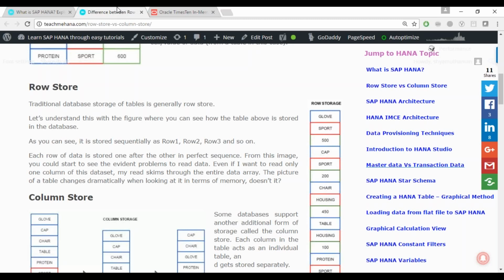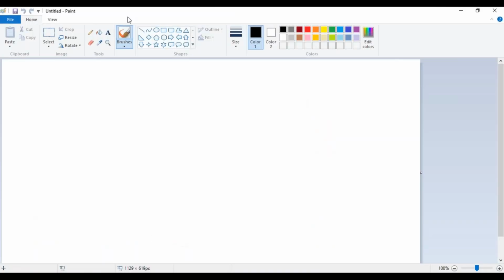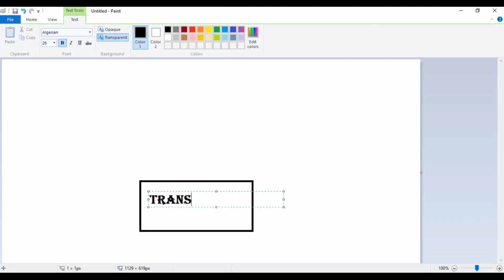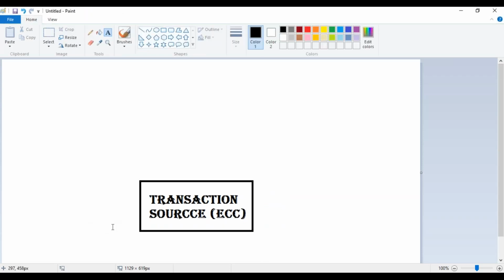Now SAP is coming up with scenarios where, in the traditional structure, I had a transactional source. This is my transactional system, usually SAP ECC if it is SAP. Here all your financial postings and everything would come and sit, right?